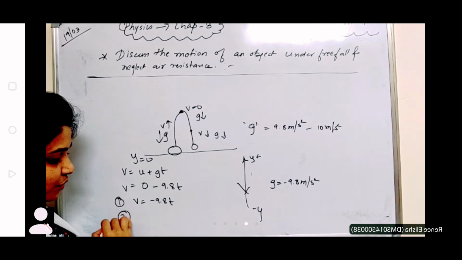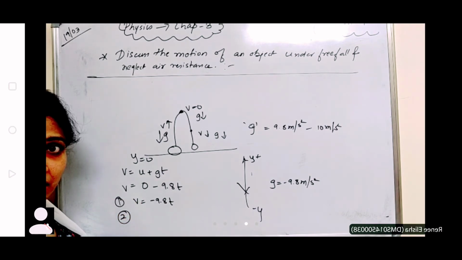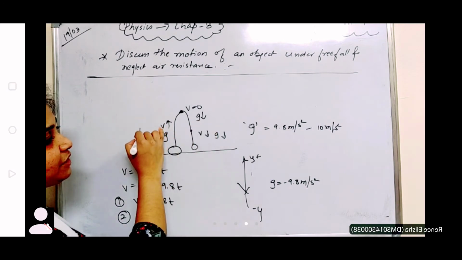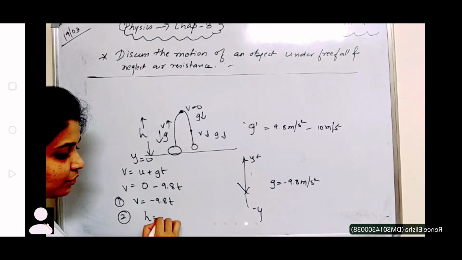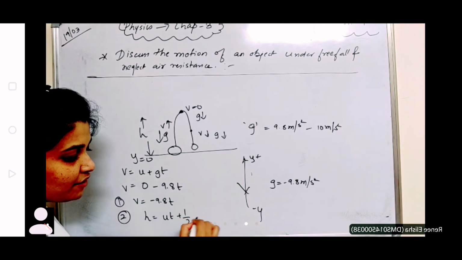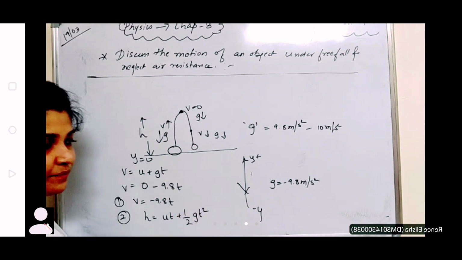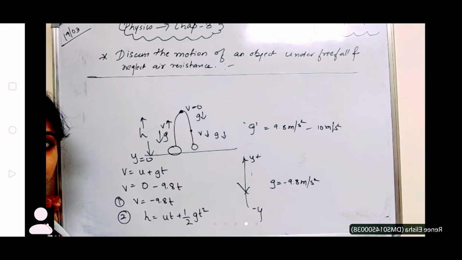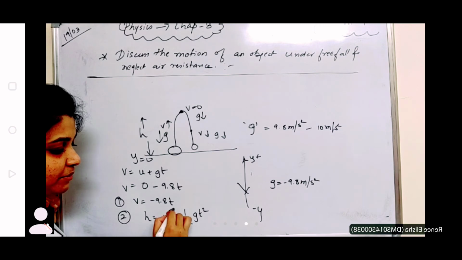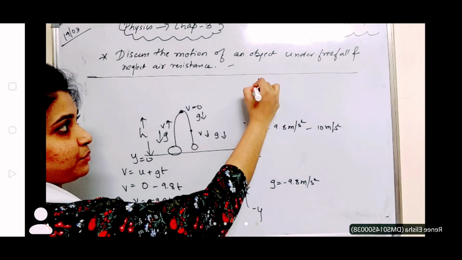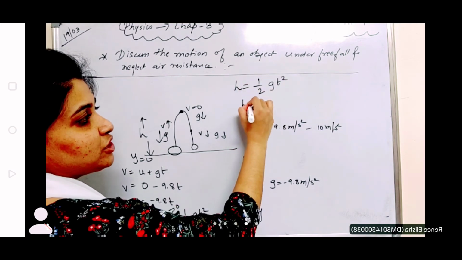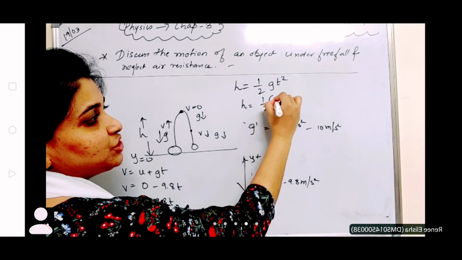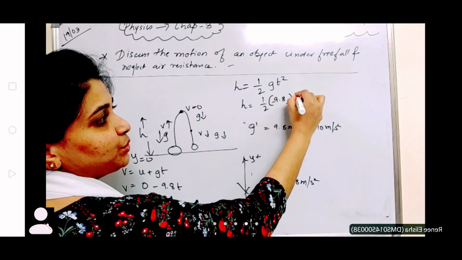Now, second equation is what, children? s is equal to ut plus half at square. Here, s is nothing but height we have taken, right? s, distance, is nothing but the height traveled in a free fall. So, h is equal to ut plus half a, which will become gt square, right? So again, when it is released from the position of rest, ut will become 0. So finally, it will be left with half g into t square, right? What is that? h. So h is equal to 1 by 2 into 9.8 into t square.